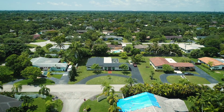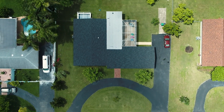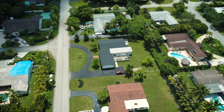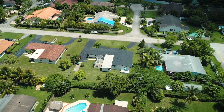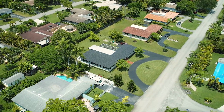Described as a village of parks, Palmetto Bay is a lush residential community which boasts an idyllic location and array of public green spaces in the heart of Miami, Florida. Discover this tastefully updated home with timeless curb appeal in North Palmetto Bay, just 7 blocks from Pinecrest with easy